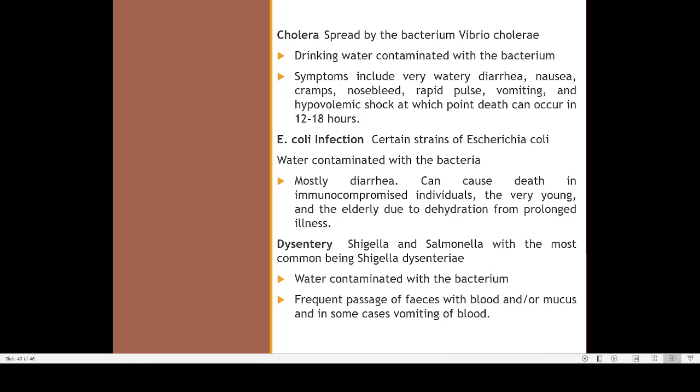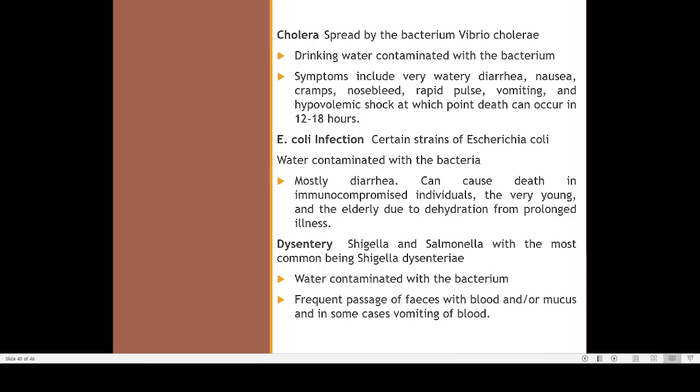There is vomiting of clear fluid, almost like watery diarrhea, a very high level of diarrhea, lowering of blood pressure, then breathing will be of a special type, there will be muscle cramps, and cyanosis, the lips will appear quite dark blue, and the eyes will be sunken or in a depression. So these are some of the major features like watery diarrhea. Sometimes it is known as rice water diarrhea because the loose motion will be in the form of rice water.